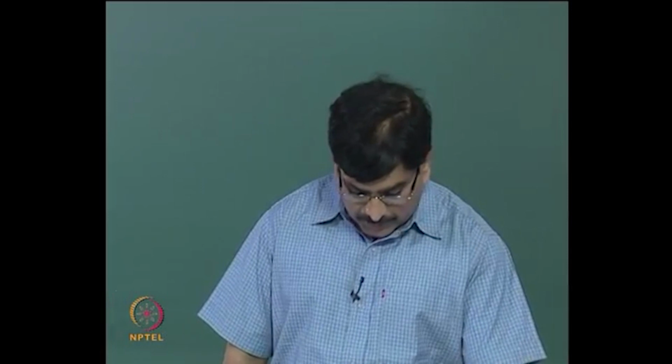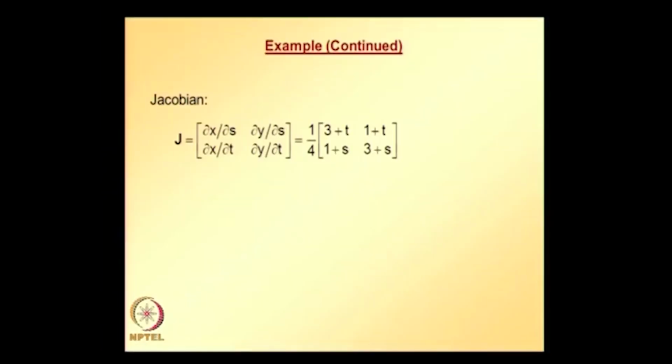we can easily take partial derivatives of x with respect to S, partial derivative of x with respect to T, similarly partial derivative of y with respect to S, partial derivative of y with respect to T, and find what is J. And once we get J, we can find what is determinant of J. And one of the requirements is determinant of J should not be equal to 0